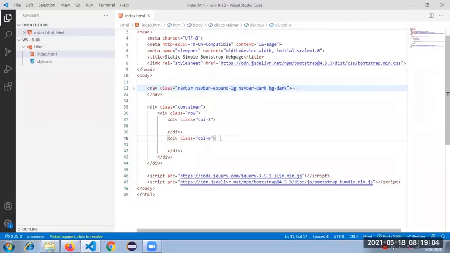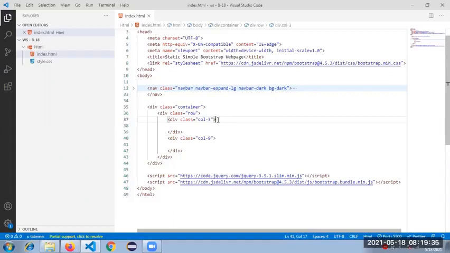Okay. One more thing I need to convey here, guys. In real time, with Bootstrap the basic formula is always the mobile first approach. I'm underlining this term again and again. Whoever is developing with Bootstrap, we need to take care of the mobile first approach. For example, I'm just covering this here.